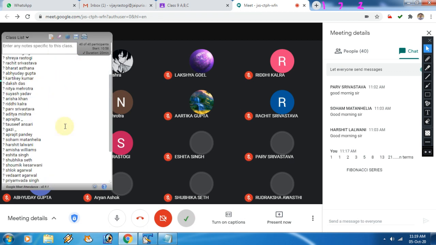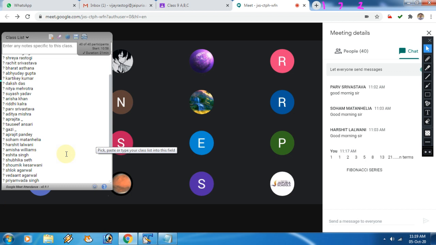Sir, we have to input the numbers. Yes, number of terms or always we take as input. That depends on the question. Here I have mentioned n terms, that means the terms you will take input, right? If I am saying like for 5 terms you are supposed to print, in that case the natural number loop you can start from 1 to 5 or 0 to 4. That is up to you. Okay? And this kind of series is known as the Fibonacci series, in which the third term we are getting by adding the first two terms. Okay, like 1 plus 1 is 2, 1 plus 2 is 3, 2 plus 3 is 5, like this.